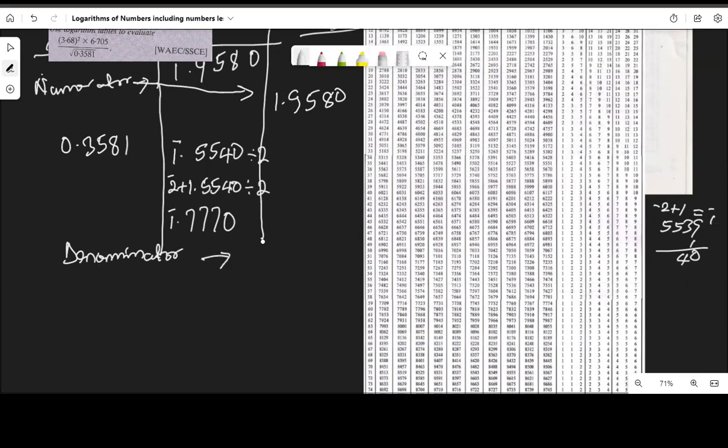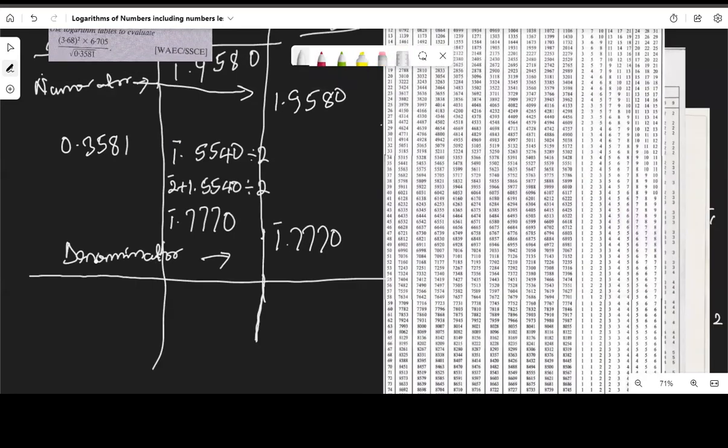So if the denominator is about 1.7770 and the numerator is 1.9580,